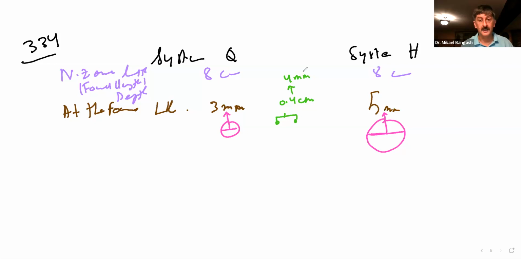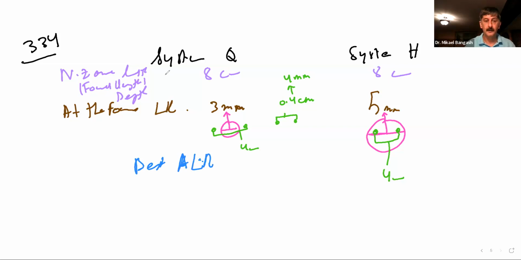Now we can place this and say this and this, because this distance is 4 millimeters or 0.4 centimeters. So the system that's going to give us the best